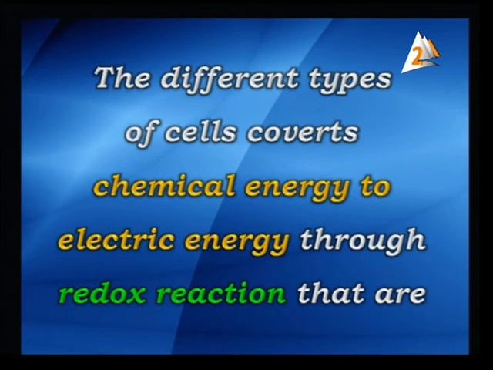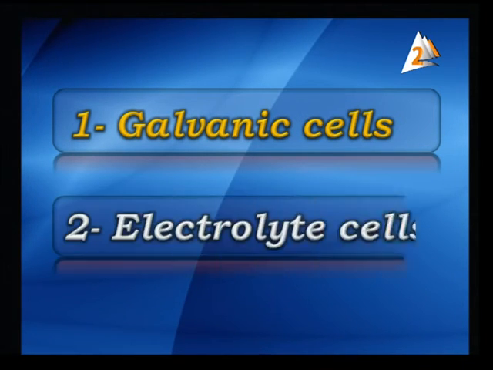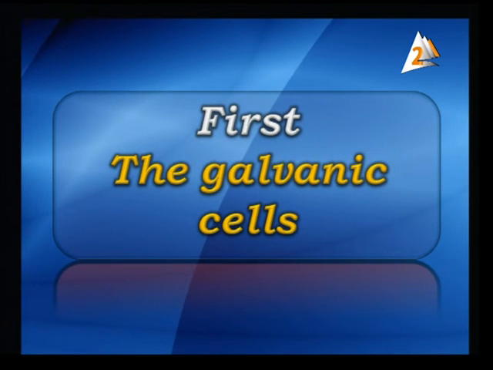This is back to the different types of cells that convert chemical energy to electrical energy. After oxidation and reduction, sure, we have cells happening through redox reaction. That are galvanic cells. This is the type of cell that represents electrochemistry here, where chemical energy is changed into electric energy. Number one is galvanic cell, and number two, we have electrolytic cells. It's good. Now, you have a big difference. Sure. The first one, galvanic cell. What do you know about galvanic cell?